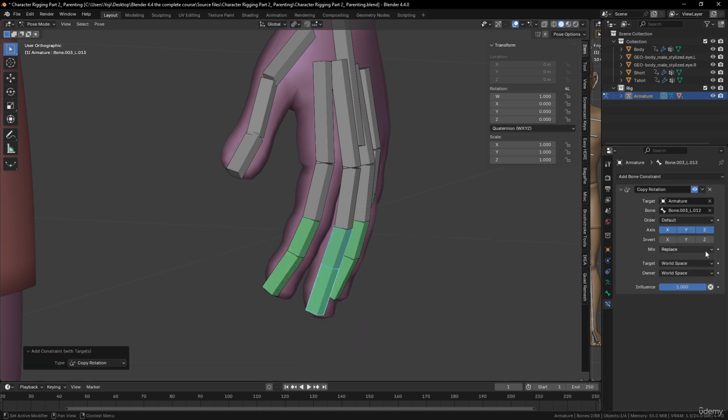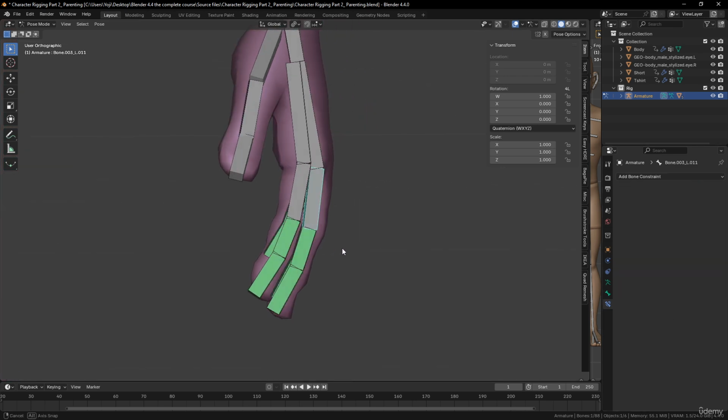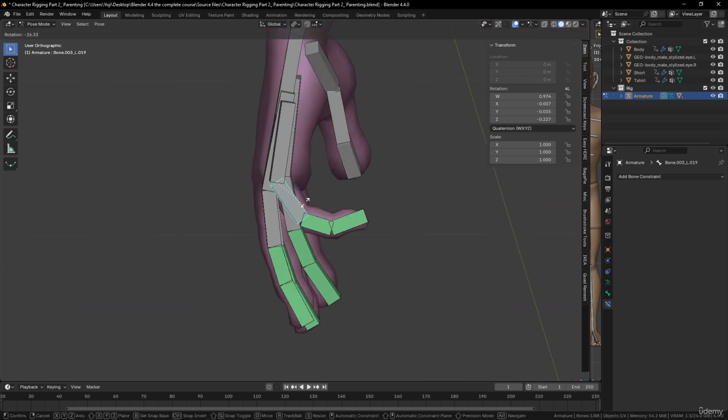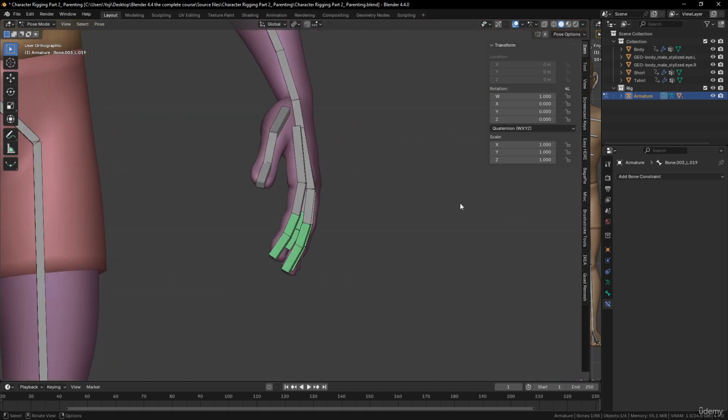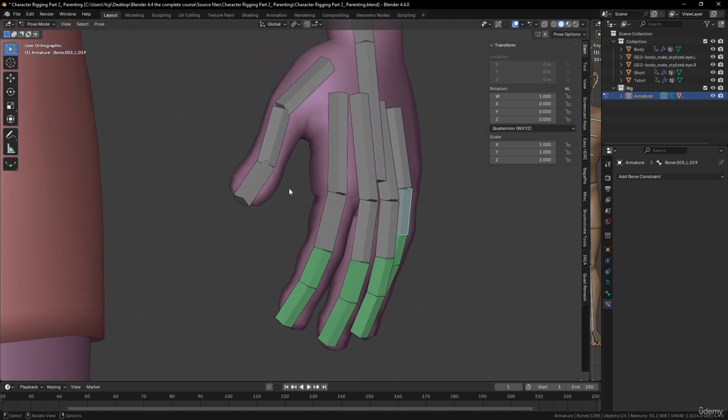Copy rotation, again, offset, local space, local space. So it's good to test it because sometimes you make a mistake like I did here. If you go quickly, just to be sure that everything works fine. So it works well. So now I can go further and create an entire bone that will control the entire